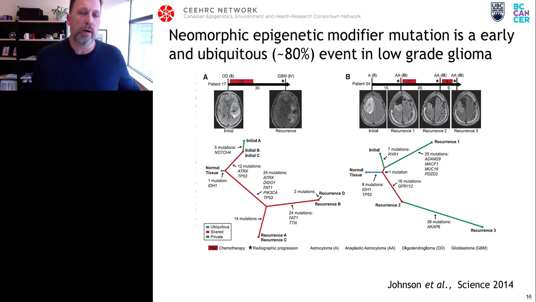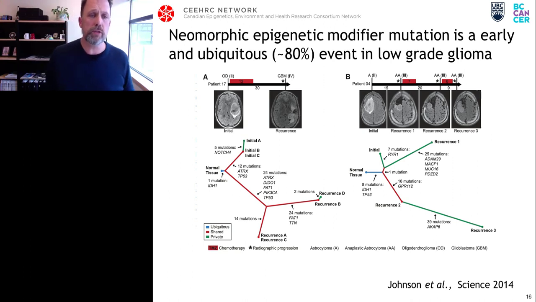And this study, published in 2014, really highlights the feature of these early events that I mentioned earlier. So even when we look in normal tissue that's adjacent to the tumor itself, what we see is gain-of-function mutations in IDH1. And I'll be talking a lot more about this particular mutation as we go through the slides. But suffice it to say that this mutation leads to epigenetic dysfunction, and it's found both early, and then if